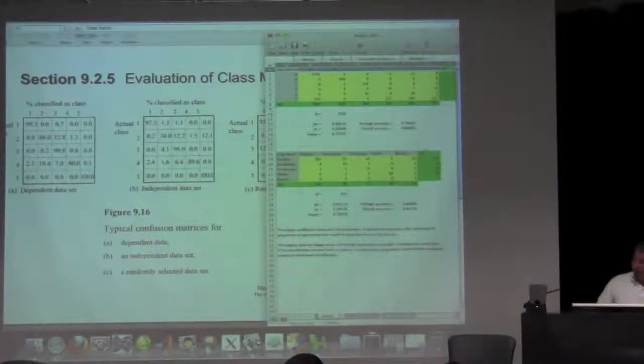Okay? So these sets of marginals over here that you compute based on a confusion matrix that has number of pixels in it, not percentages like is shown over here, but actual numbers of pixels, these are the total number of pixels that are in my training set. So if I add these together, I get 413. And so I have 413 total pixels. Now, if I wanted to go ahead and compute that P sub O,